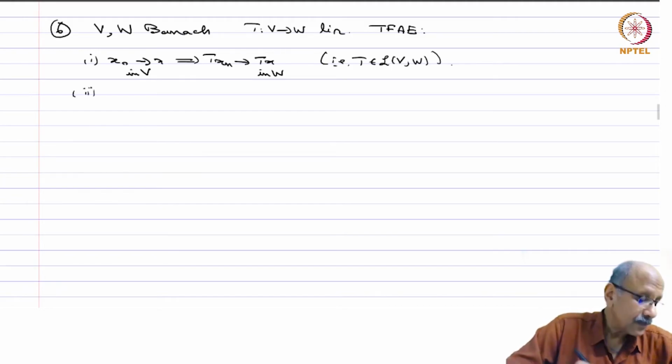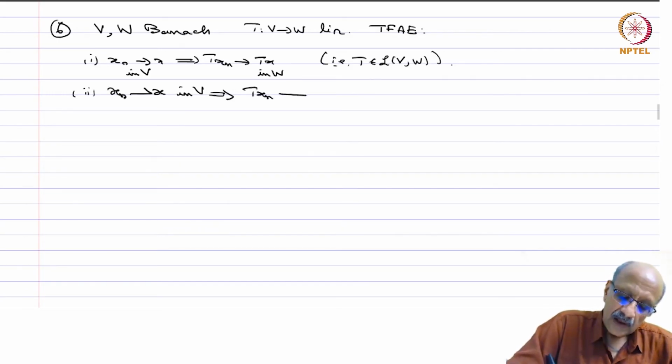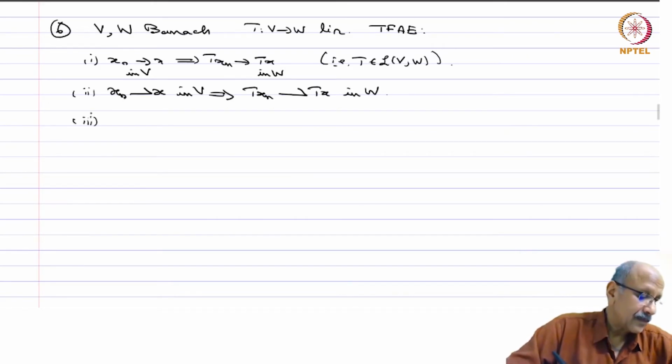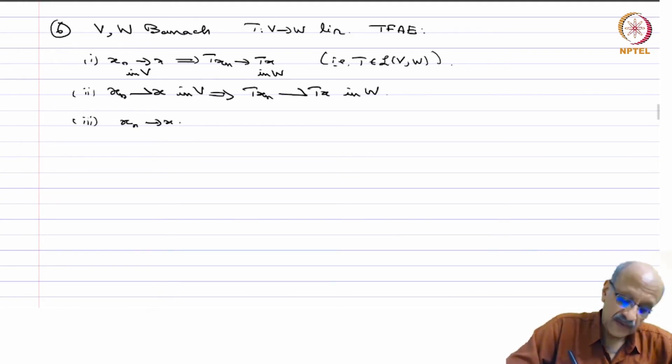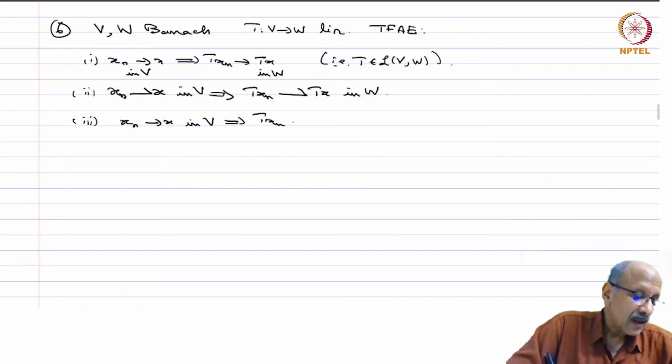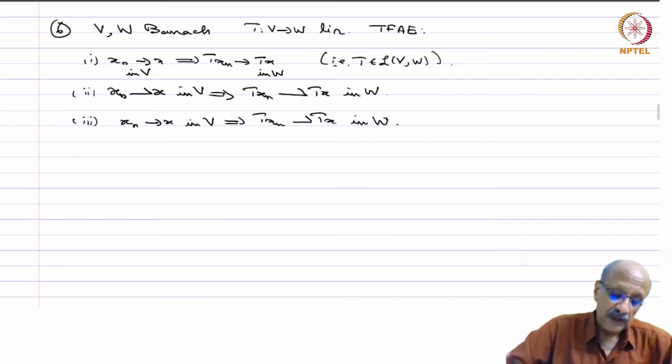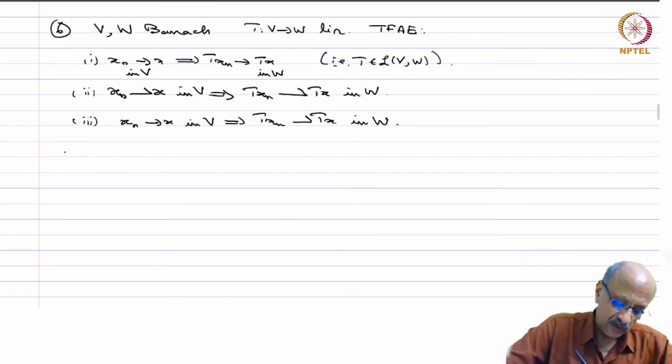2. Xn converges weakly to X in V implies Txn converges weakly to Tx in W. And 3. Xn converges to X in V implies Txn converges weakly to Tx in W. So all these three statements are equivalent. So solution: